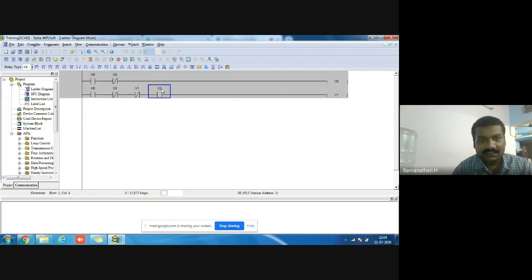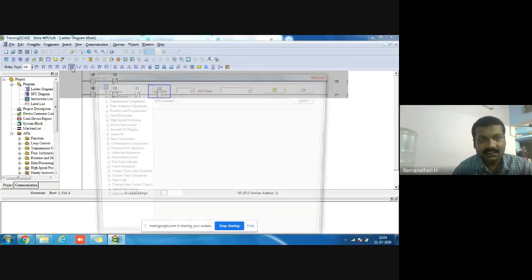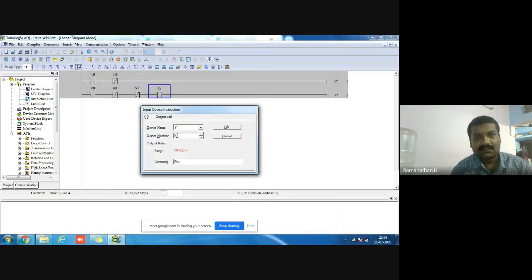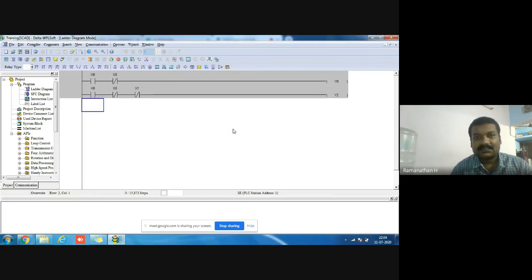Same thing, I just add an output. That's all. N number of inputs can be added in a single line, but at the end of the line only one coil is permitted. The same name is permitted, but only one coil. This is the important one.